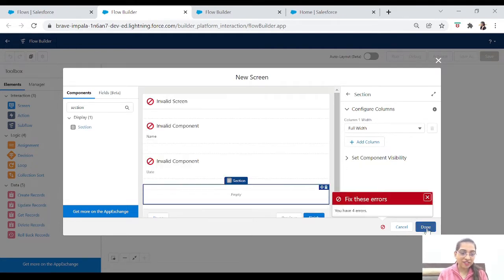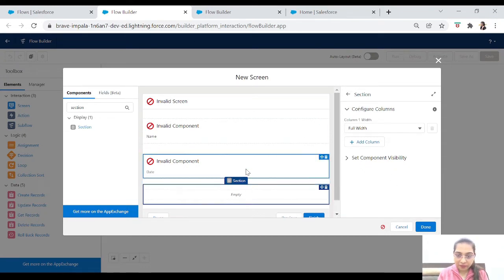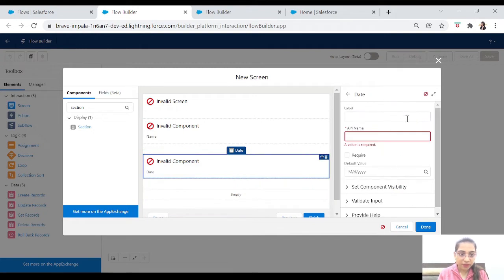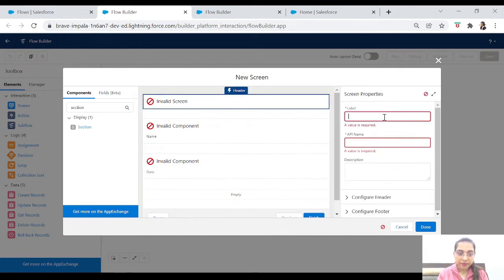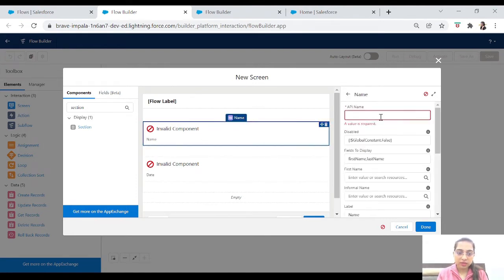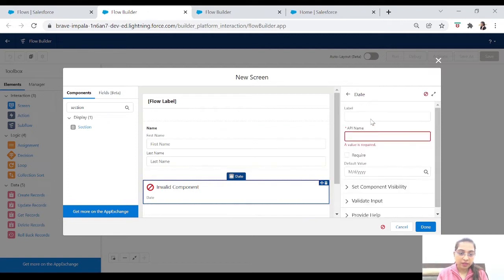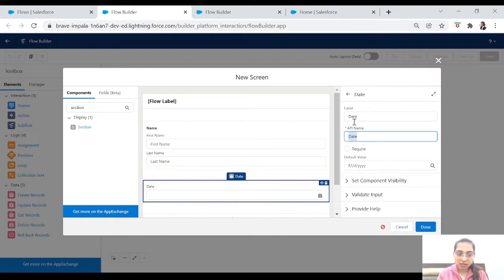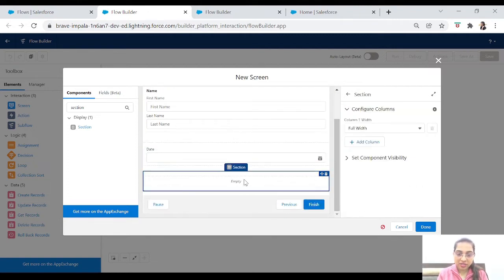Let's save it and I will show you how it will look. Let's give them a name: screen one, name, date, and this section is empty.